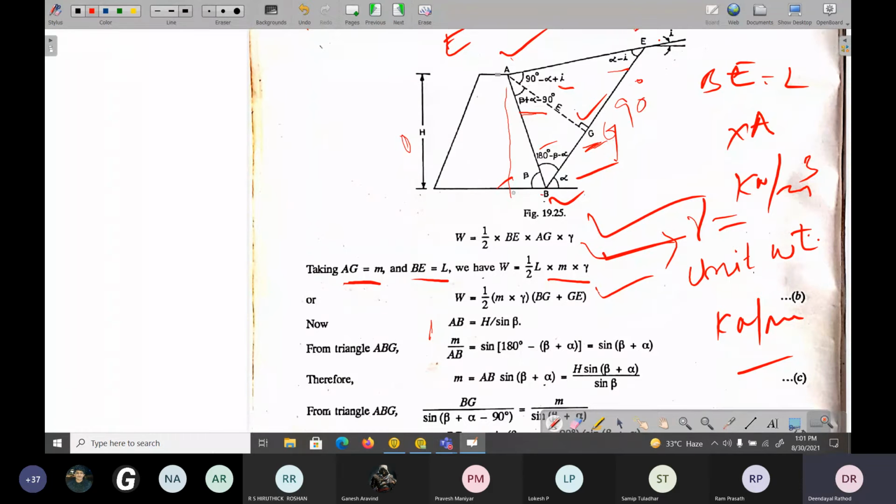We can write it as m by AB, which is equal to sine (180 minus beta plus alpha), which is nothing but sine (beta plus alpha). So M is equal to AB sine (beta plus alpha), which is nothing but h sine (beta plus alpha) by sine beta. From the triangle ABG,